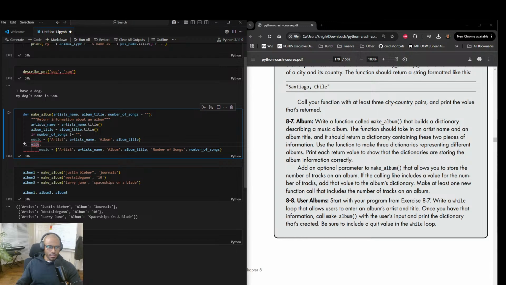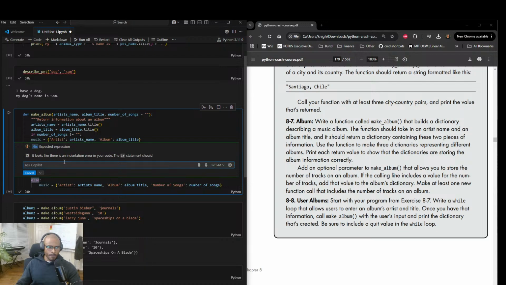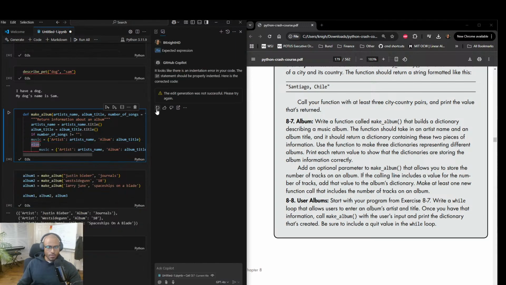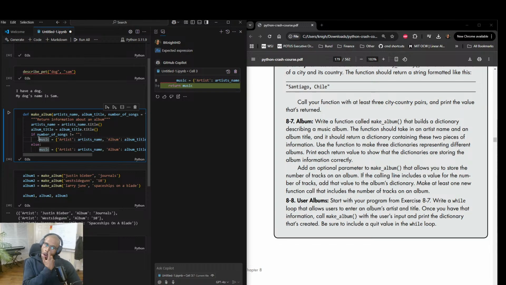Wait, what did it just say? Looks like there's an indentation error in your if statement that should be properly indented. Here's the correct code. Edit generation was not successful. Why not, bruh? I should be. Oh, clearly. I feel silly.